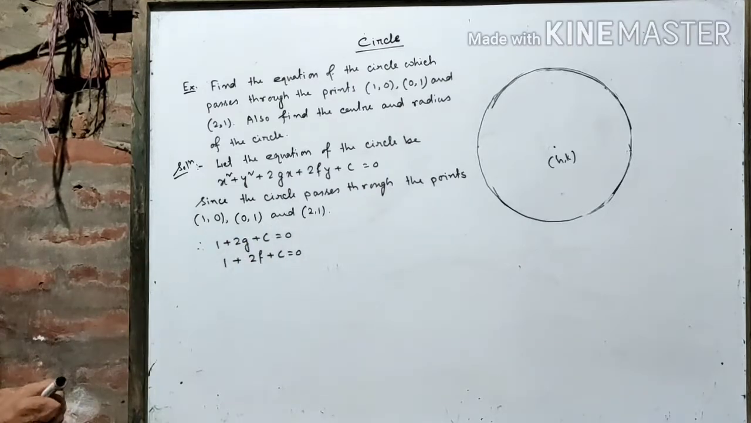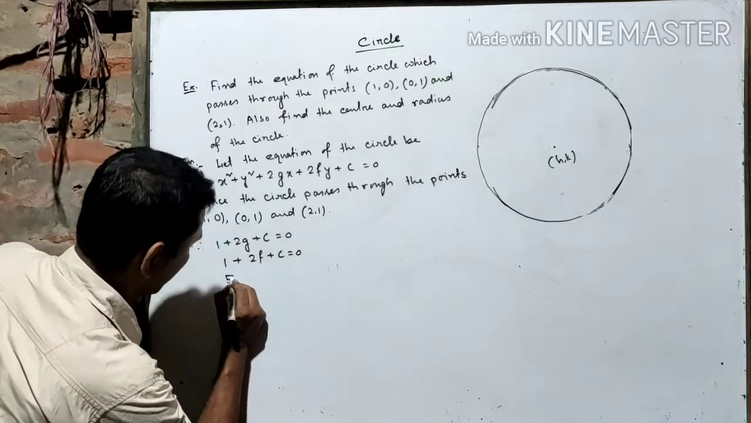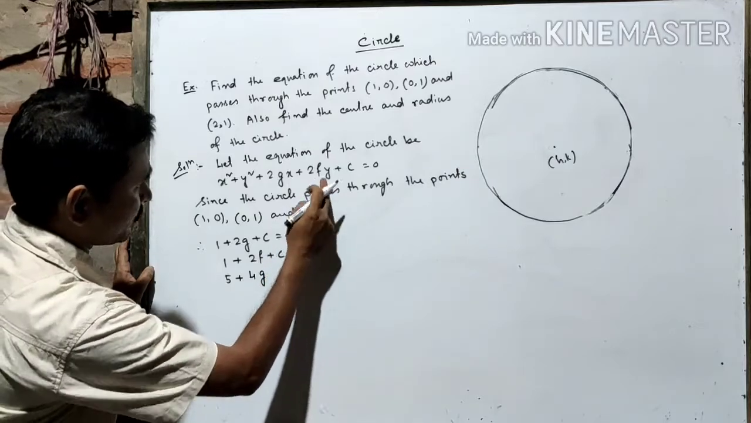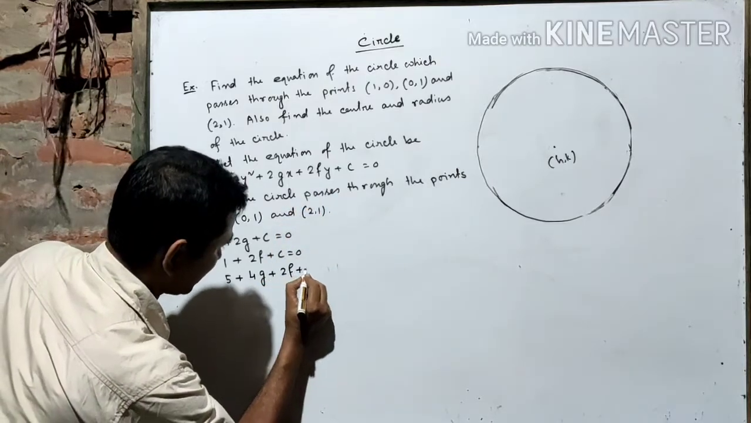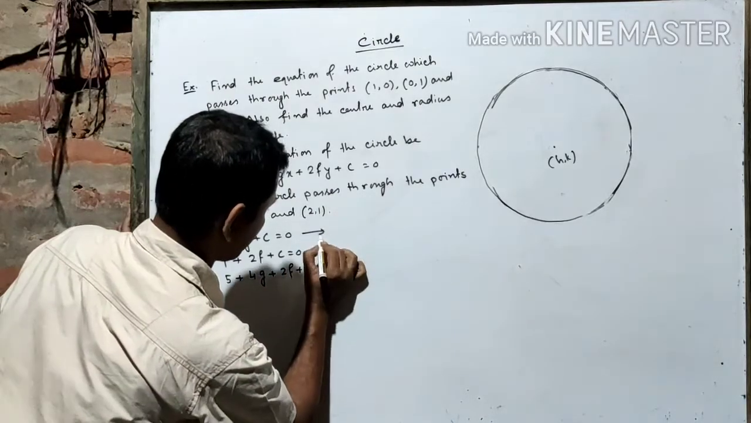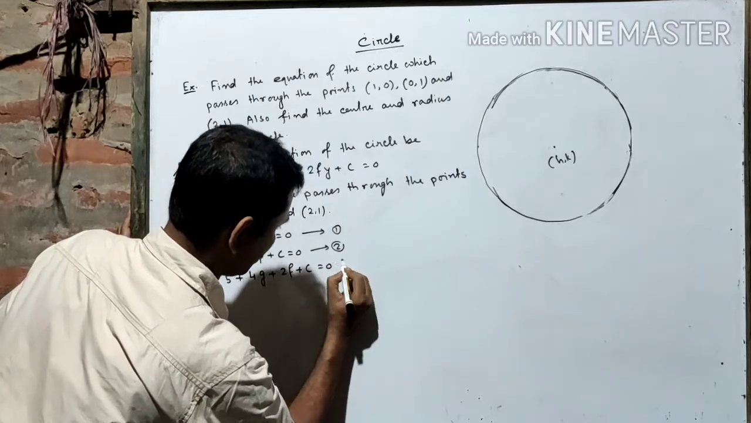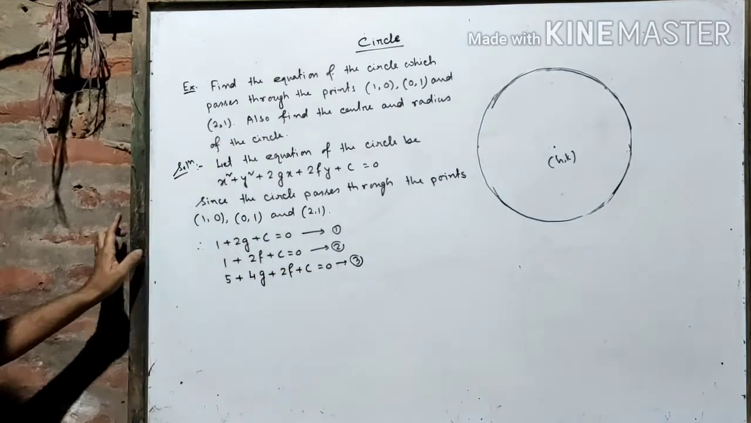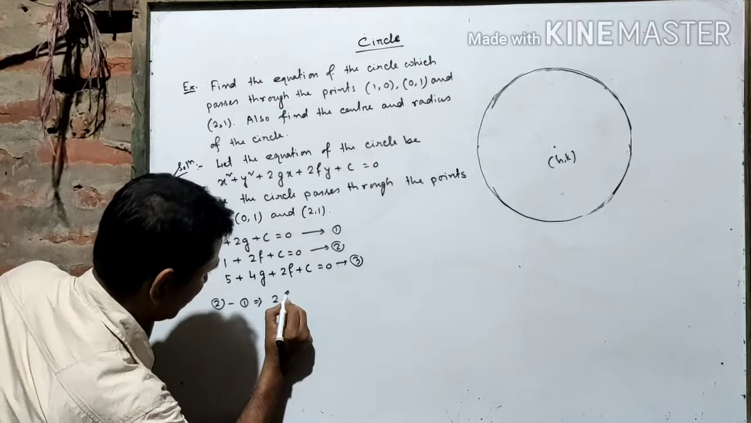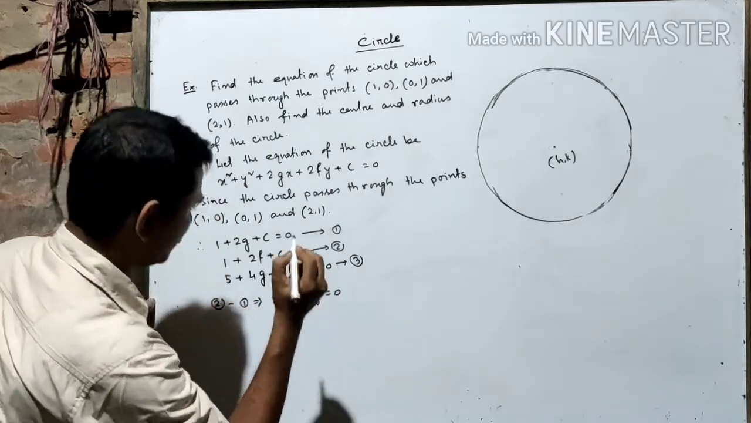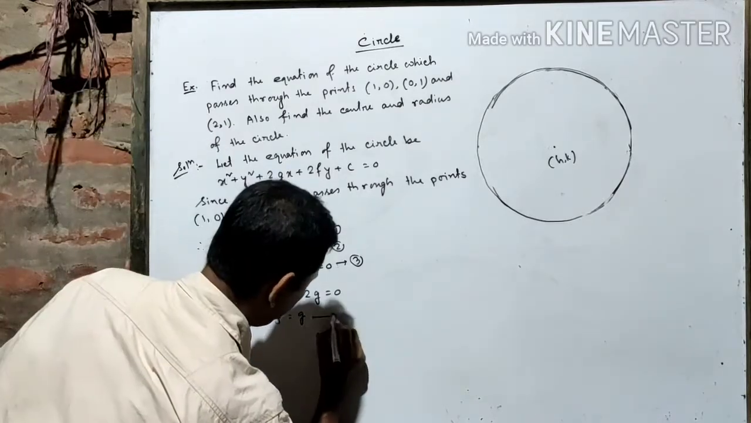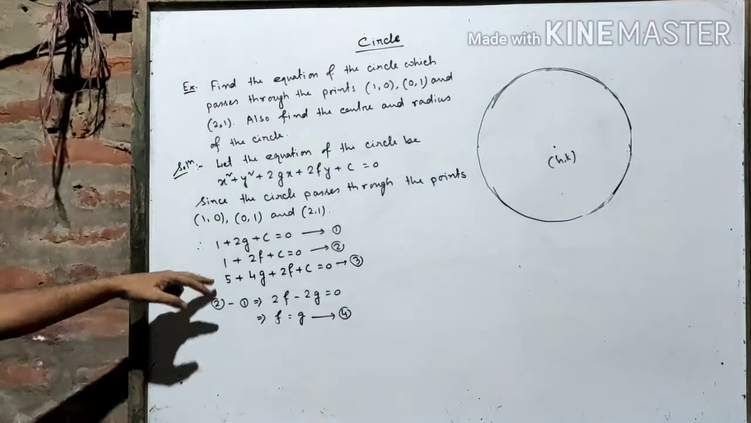Then 2, 1, putting x equal to 2, y is equal to 1, we get 5 plus, x is 2, so this will be 4g, y is 1, so twice f plus c is equal to 0. So these are the 3 equations. Let us mark these equations by 1, 2 and 3. Now 2 minus 1 implies twice f minus twice g is equal to 0, which implies f is equal to g. Mark this by equation number 4. Again 3 minus 1